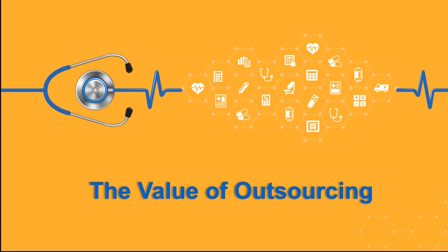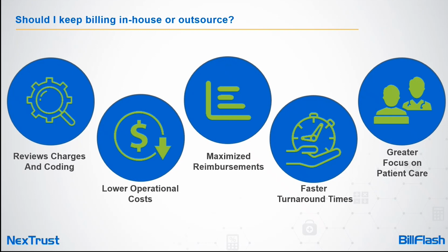So why would you want to take such an important process and outsource it to a company that's outside of yours? By outsourcing your medical billing to an RCM service, you can benefit from their expertise and specialized knowledge in many areas, including the ones that are up on the screen, which can help you maximize your reimbursement and avoid potential compliance issues. When maximizing revenue for your medical practice, choosing the right solution for your billing and revenue cycle management